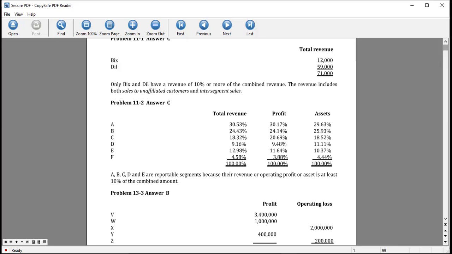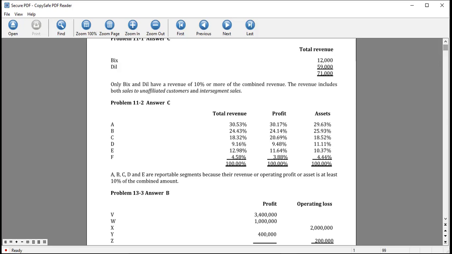So in the case of A, if we have the total of 32,750,000, we divide 10 million by 32,750,000,